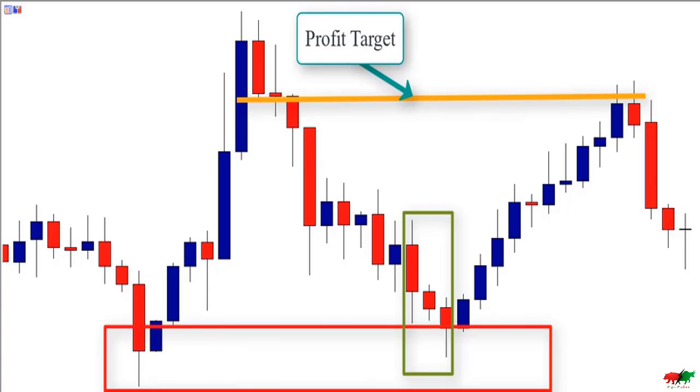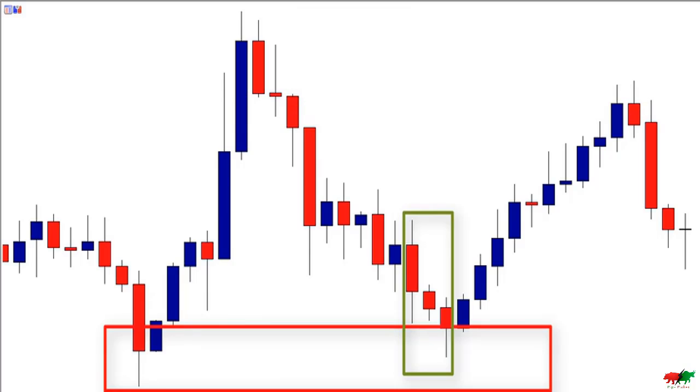So this is how we can use the inside bar false breakout pattern as a confirmation signal in combination with